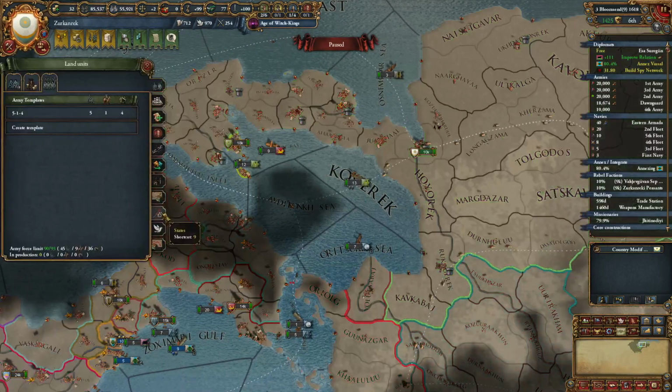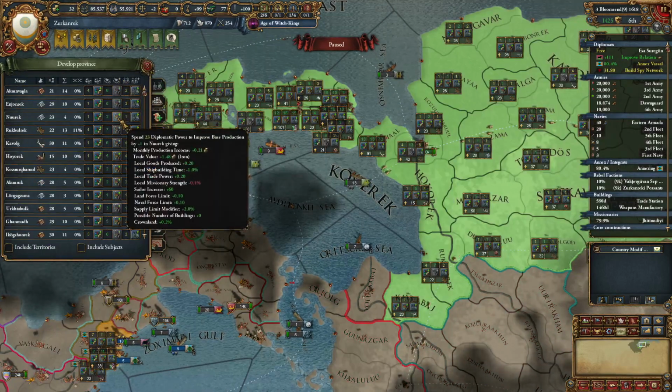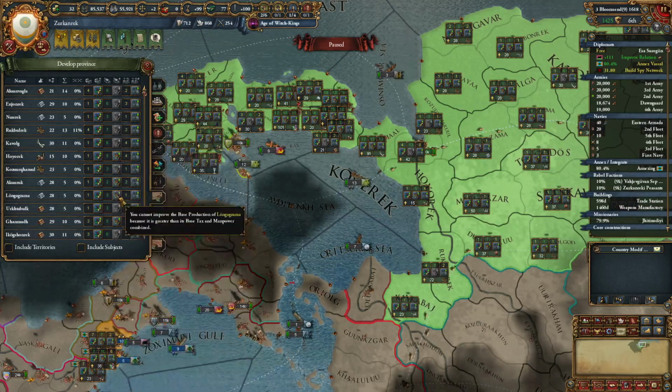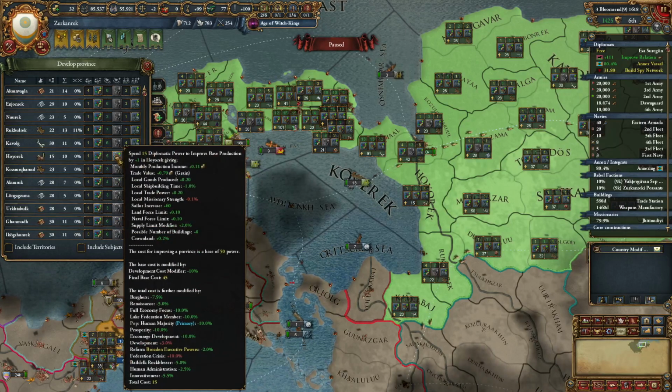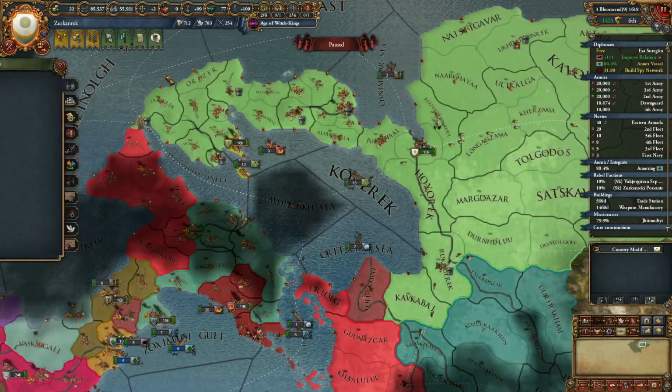Actually, let's have a look at the development screen over here. So, production value, that would be fairly nice. That can get a bit of a level. Not going to necessarily increase the grain production, quite frankly, but there we go, we've got a little bit...